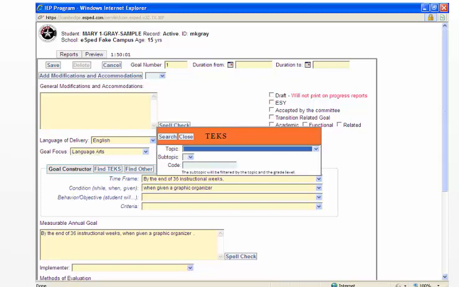Once you get to the goal constructor, you will want to use the drop downs to answer the 4 component areas. The first one is the time frame. You're going to want to use by the end of 36 instructional weeks or by the next annual ARD. Check with your assessment specialist for their preference. For the second